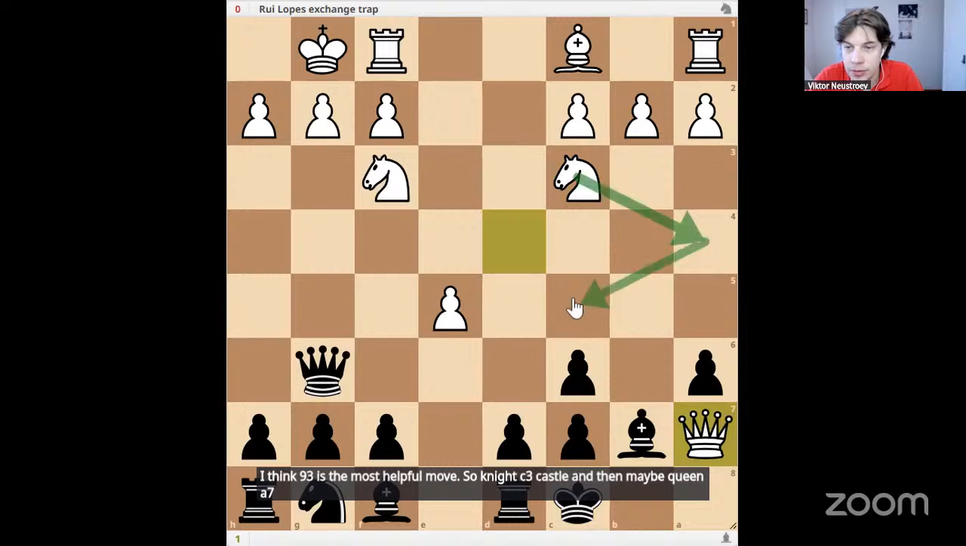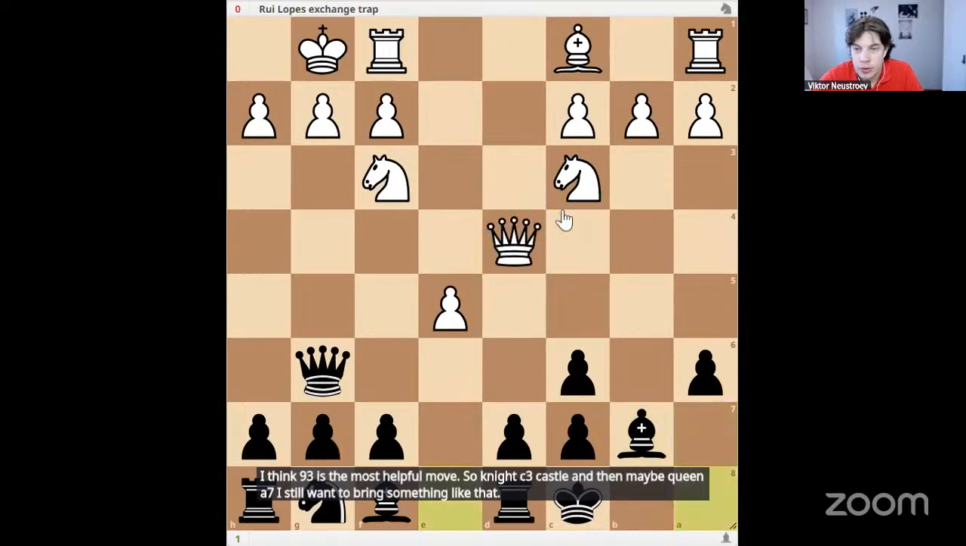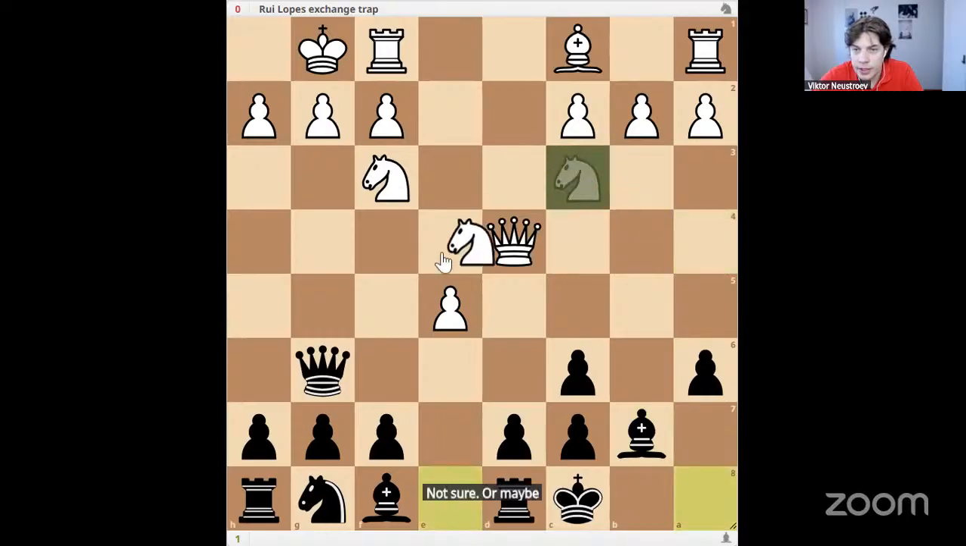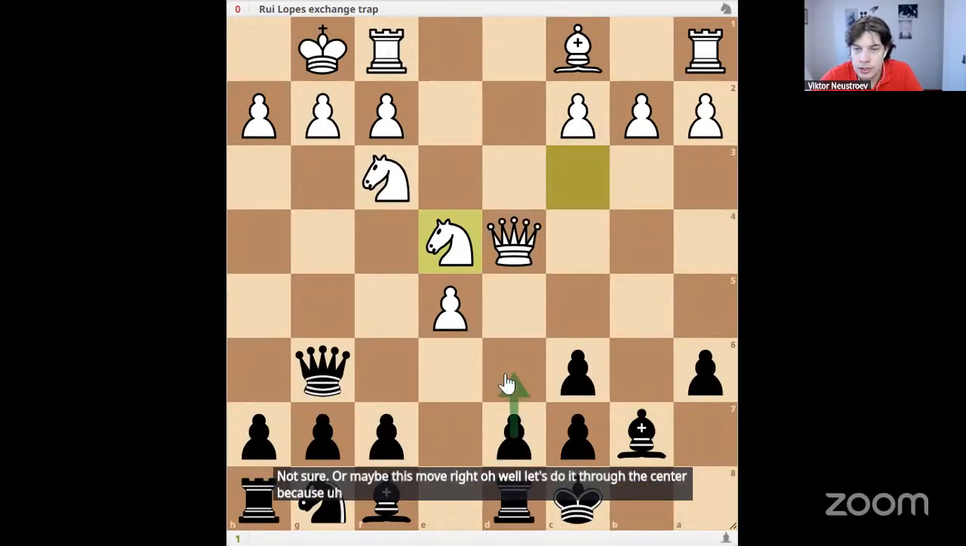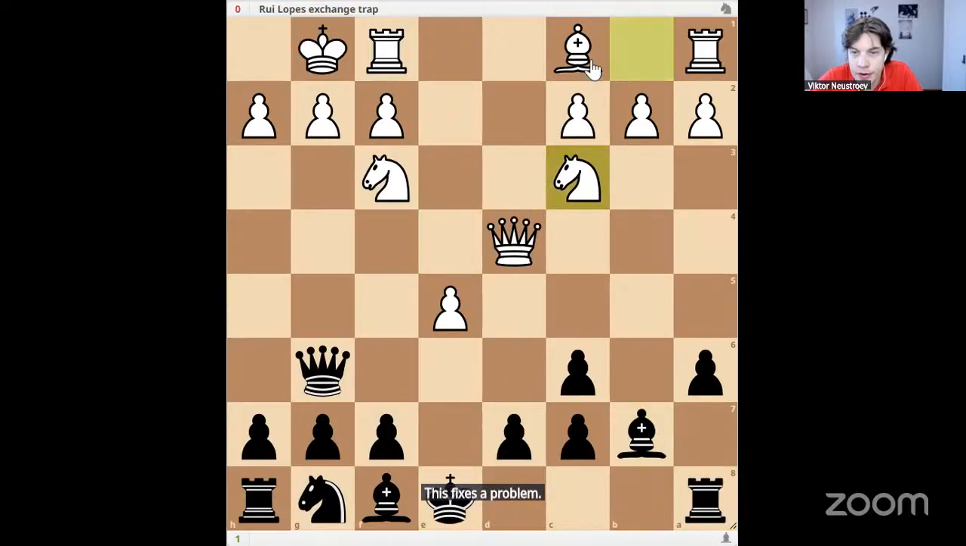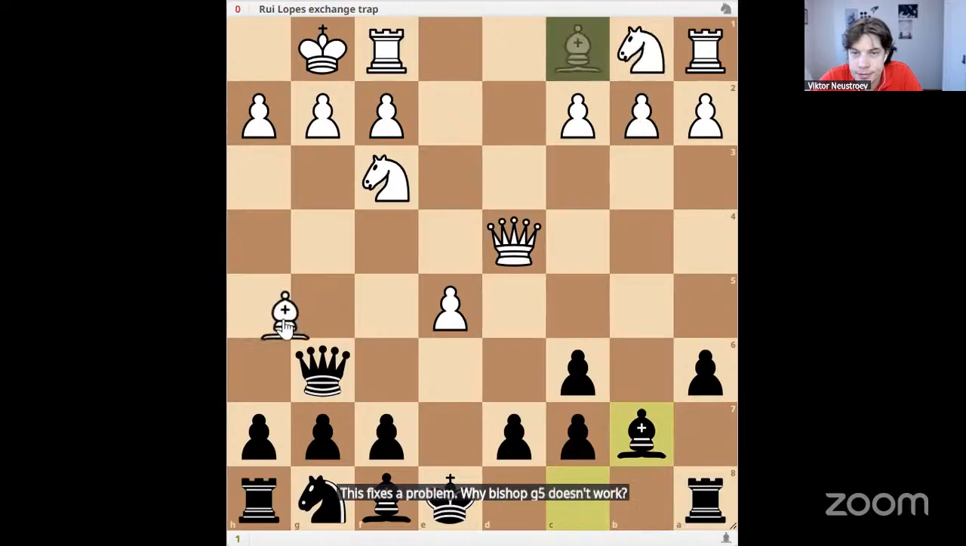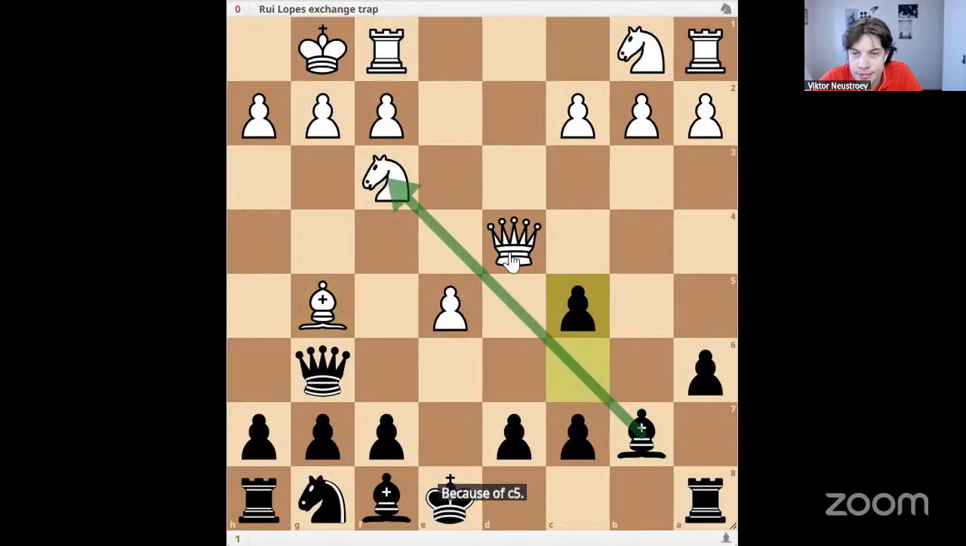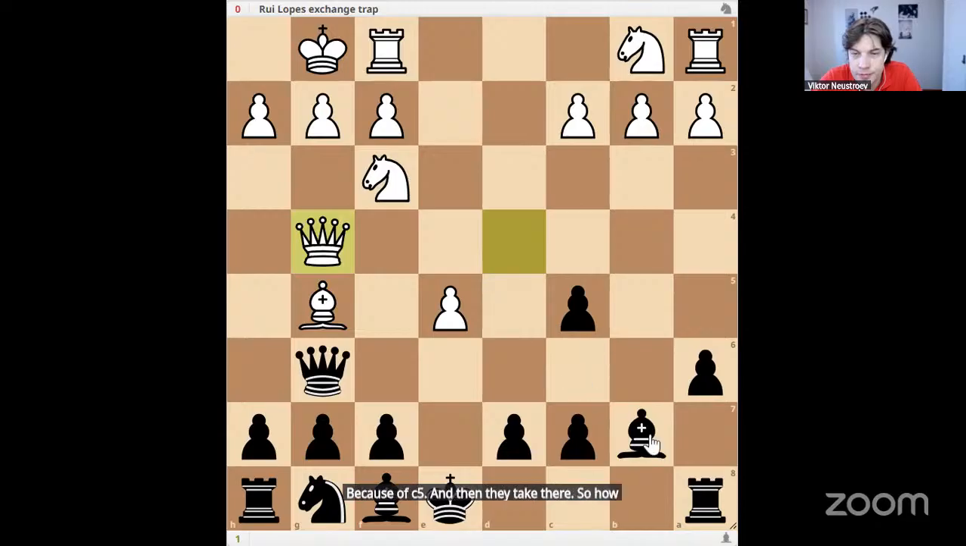I still want to bring something like that. Not sure. Or maybe this move, right? Oh, well, let's do it through the center. Because, no, d6. Yeah, d6 is a problem. Why bishop g5 doesn't work? Because of c5. And then I take there. So how do you play this move? If this move, I can play h6 immediately